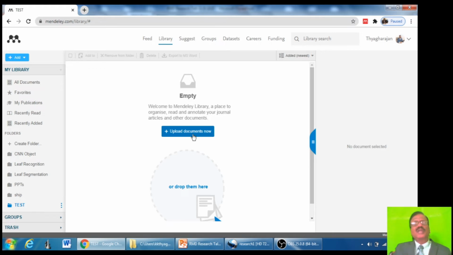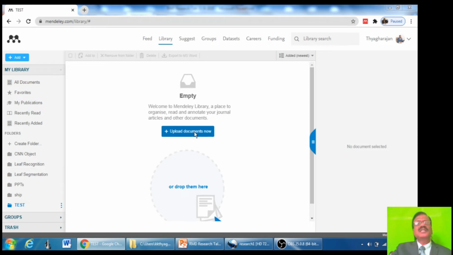You might have downloaded papers from websites, or if your institute is subscribing to Scopus or IEEE, you will be downloading papers from that. All those papers you can store here, but it is only for private use. Upload the documents. You click this button to upload the documents.